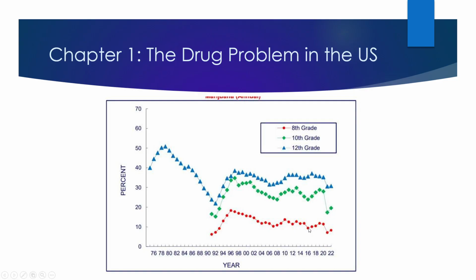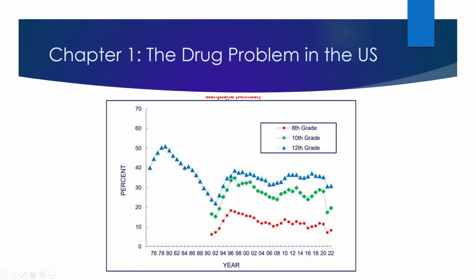The red are 8th graders, blue is 12th graders, green is 10th graders. You see 12th graders are the most likely to use, and this goes from 1976 a long ways up to 2022. And you see 12th graders most likely to use, 8th graders the least likely to use, and the rates didn't follow younger kids back in the 70s. But if you just look at seniors, you can see that